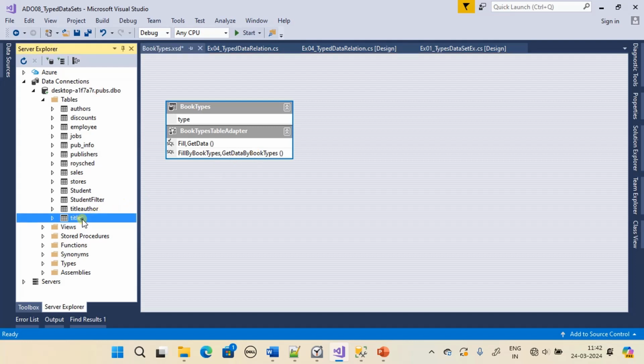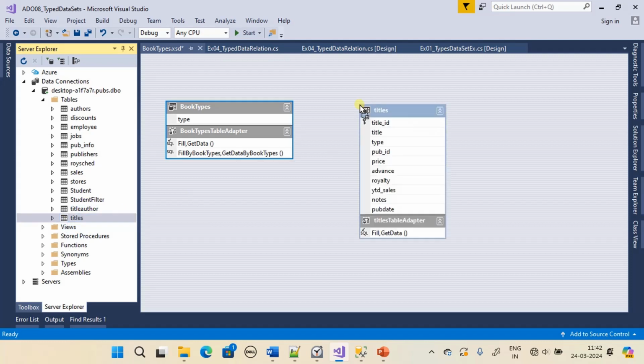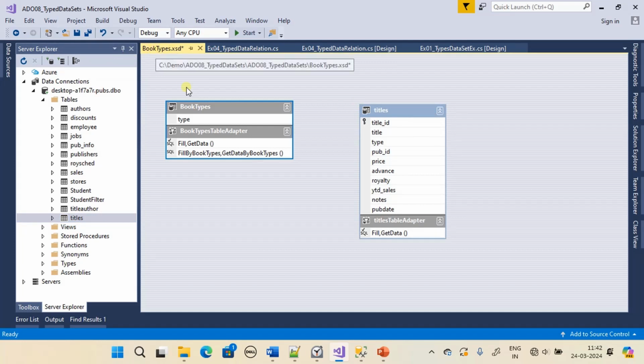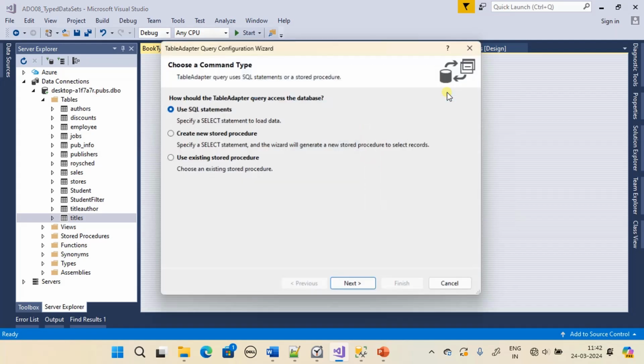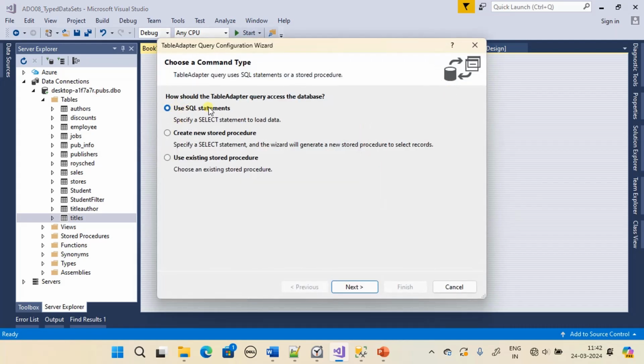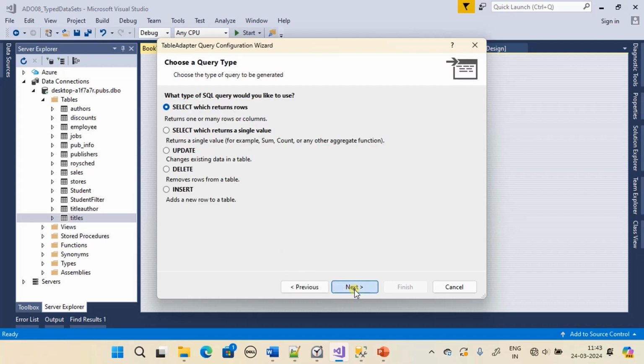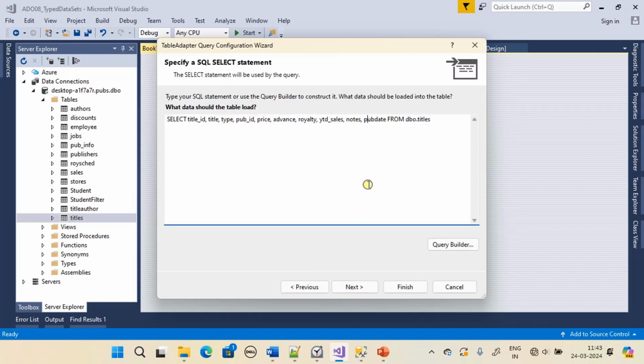Now we will drag and drop one more titles table, and if you see, our data set is book types. That data set is containing two data tables. One is book types and another one is titles. Now we will form a custom query for this titles table as well. As usual, we will choose use select statements. Select statement which returns rows, and here